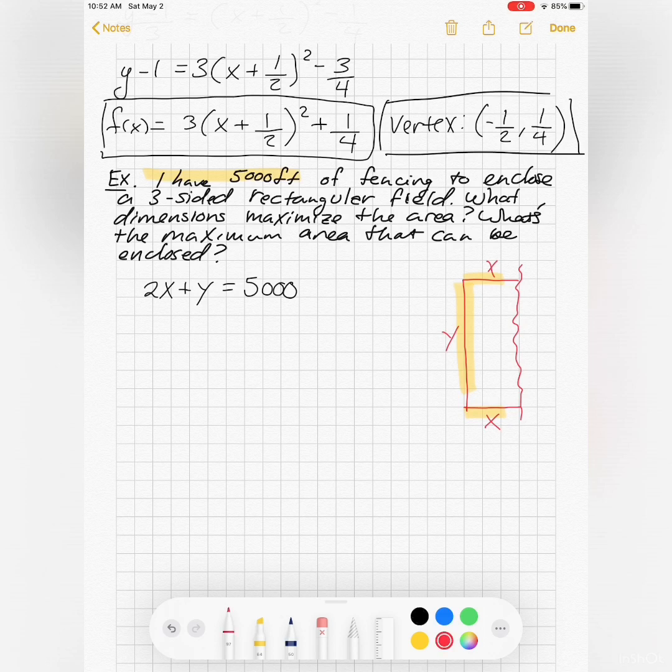The other thing we're interested in here is the area. I know the area of a rectangle is length times width. So I really have a little system of equations here. All right, so what am I going to do next? I'm going to say, well,